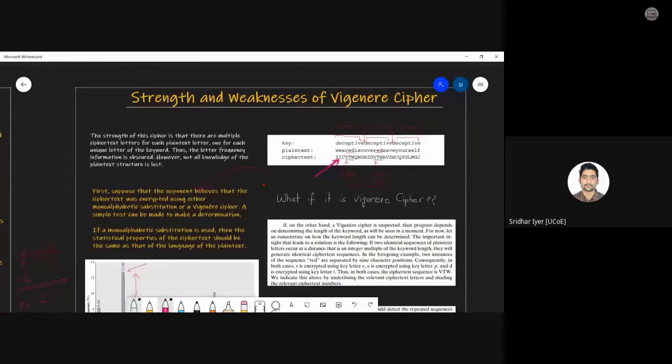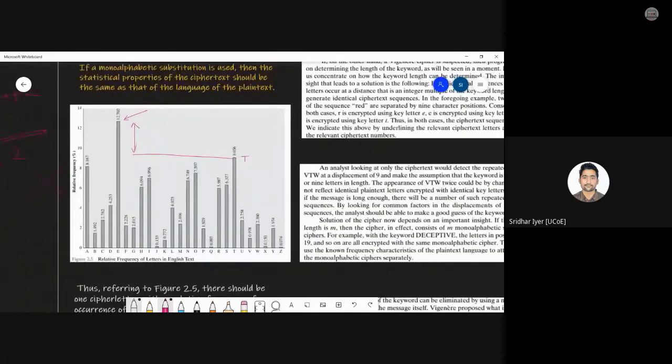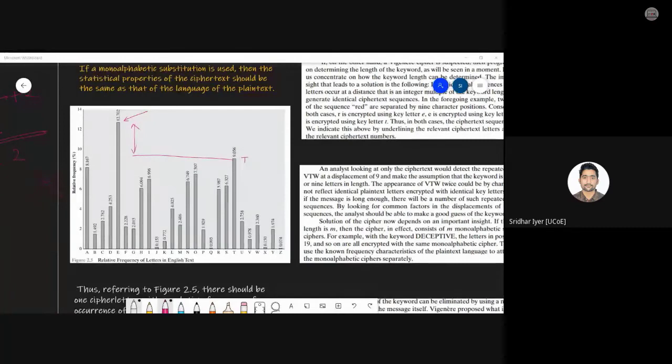First method, as in we are getting Z, I, C, V, T, W, and O. So these are the first 9 characters. Whatever be the first 9 characters in the block, we divide them and then try to find out whether they reveal any sort of patterns, referring to this diagram. Am I clear? Let me repeat it once again. Now we have got the length of the key as 9. So we will divide the entire ciphertext into blocks of 9 characters, and for those 9 characters, we will again try to compare that with this particular graph. That is, we are basically dividing the entire polyalphabetic cipher back into a monoalphabetic cipher.